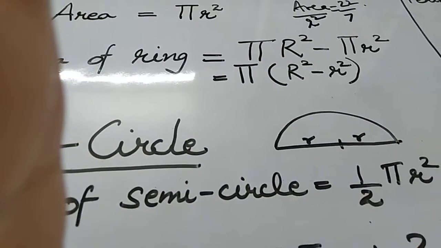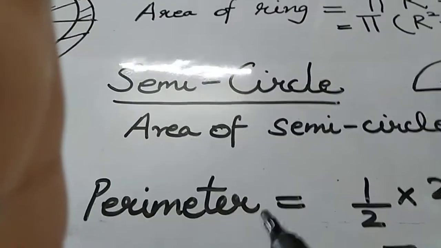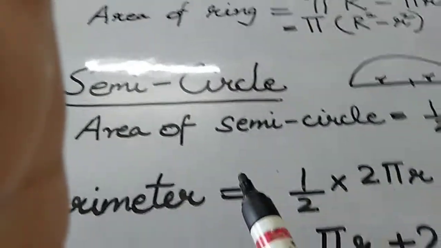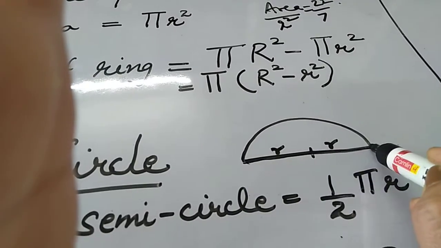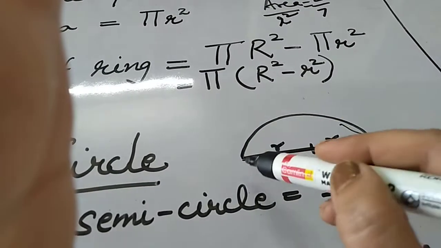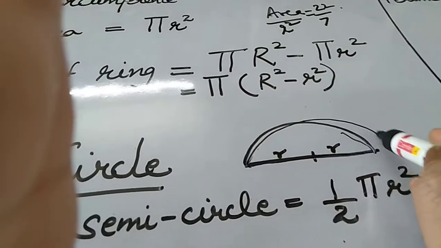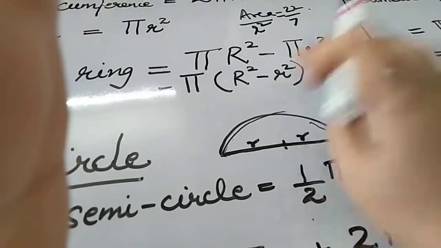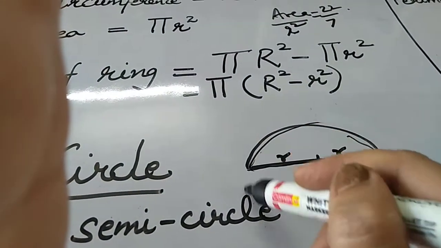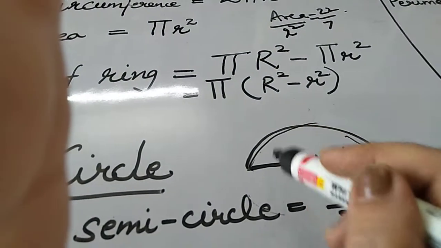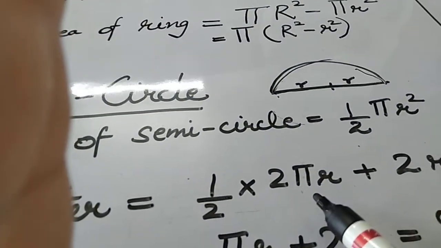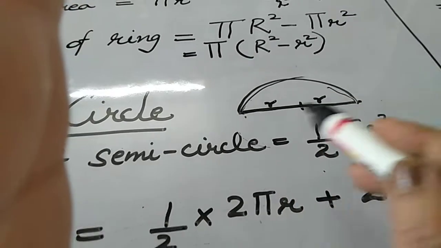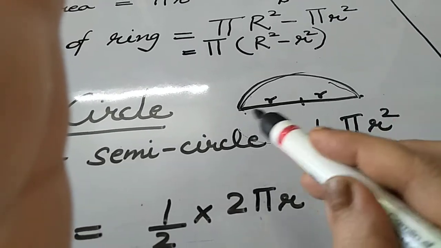Half of the area. But when we ask you about the perimeter, see here we are calling it perimeter. I'll tell you why. Perimeter of the semicircle. See children, the perimeter, the outer boundary, includes this diameter, which is 2 times r, plus this circular, this circumference part. Clear? So this circumference part, how will you find it? See, the whole circle's circumference was 2 pi r. When it is half, the circumference is half of 2 pi r. Yes, and this circular part is there, plus this straight line which is equal to 2r.